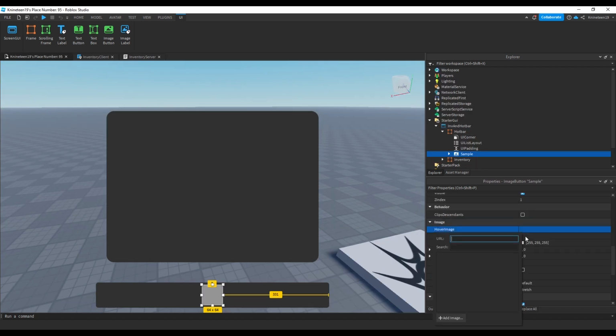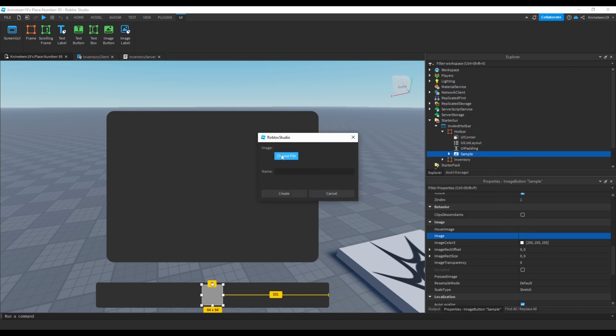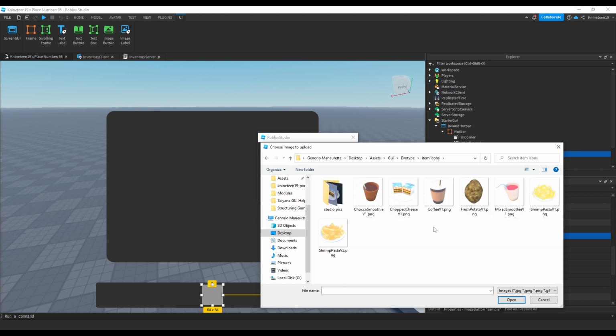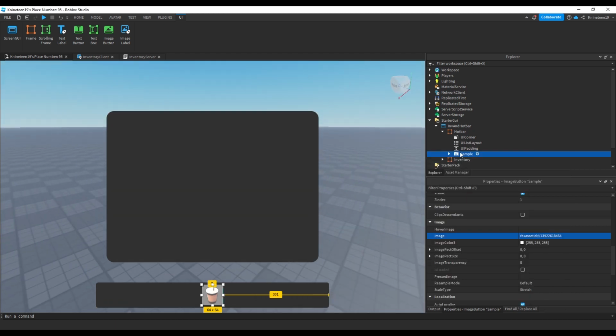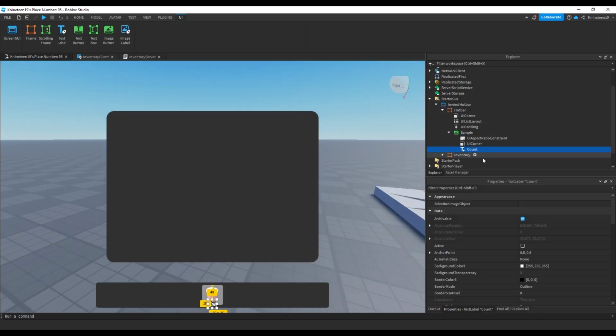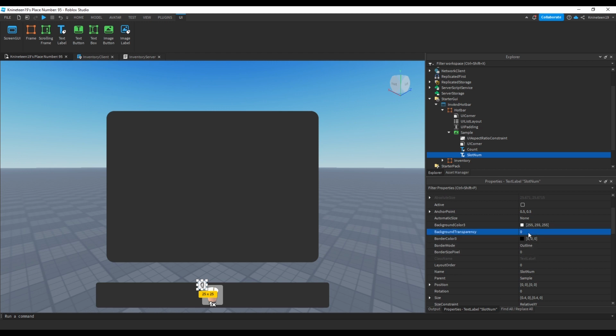After making the image button look the same as the frame did, we'll add a test image just to see what the hotbar might look like when an item is equipped to it. I'll use this coffee image from one of my other projects. As we can see, it looks pretty legit, so I'll add a text label to show the amount of items in that slot, and another to show the slot number for PC users. You can feel free to adjust both of these however you'd like, so long as there's a text you can edit for both of them.